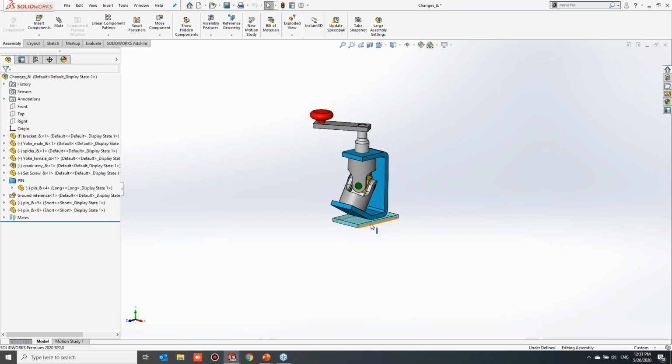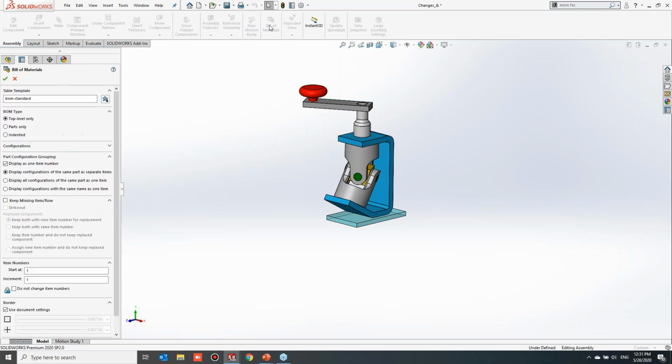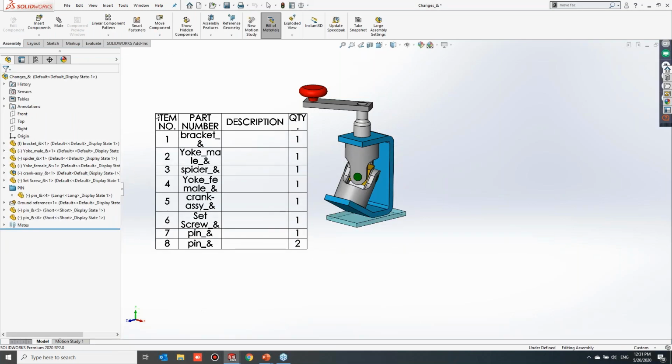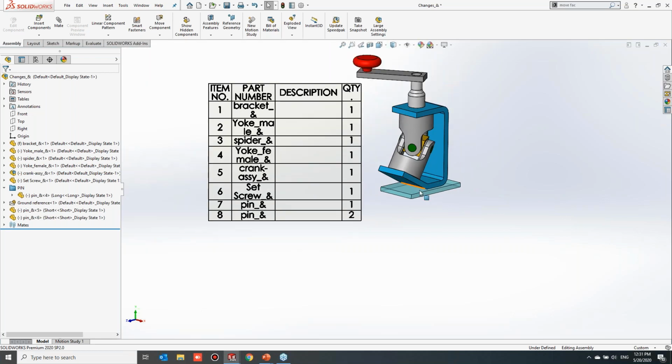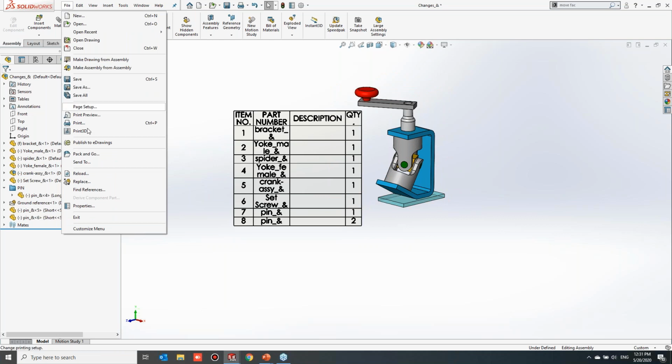Okay. By using envelope, you can avoid that component. I will show you that also. Now I am taking the bill of material for that. Here you can see I do not have the reference component, and also if you check the mass, you will not get the mass of this component. And for transferring the assembly file, you can use file, pack and go.